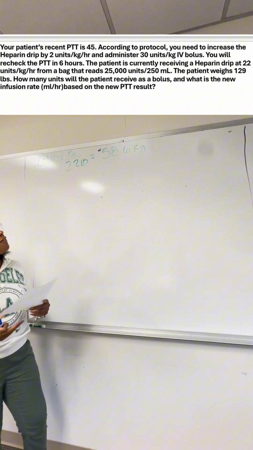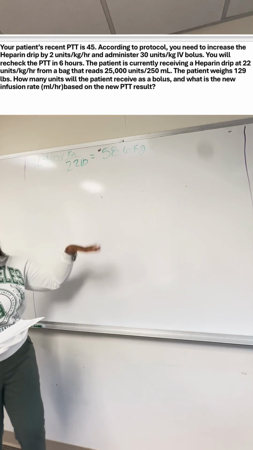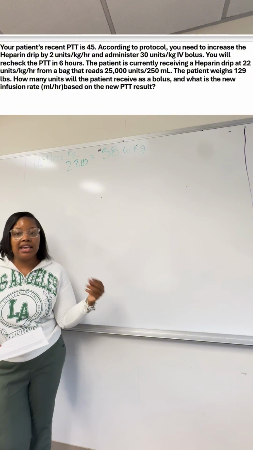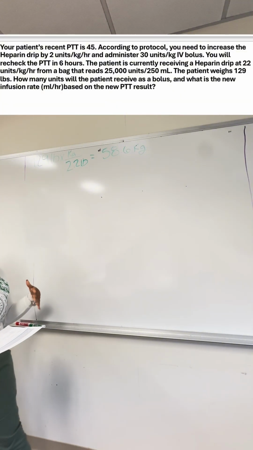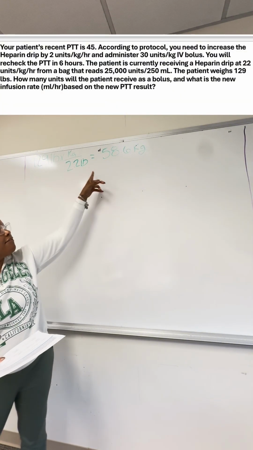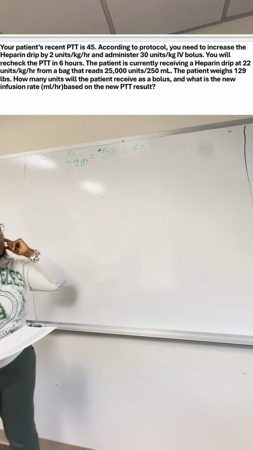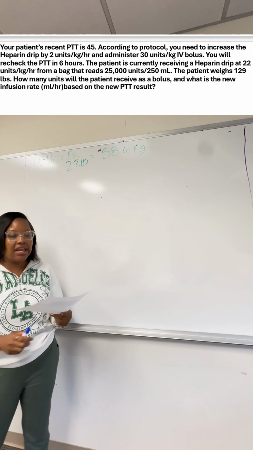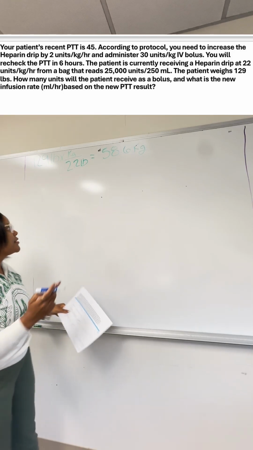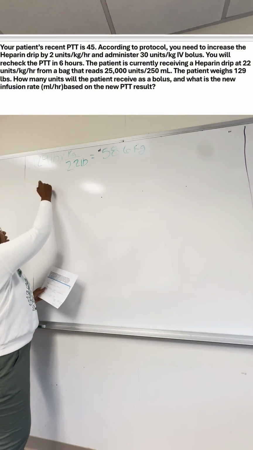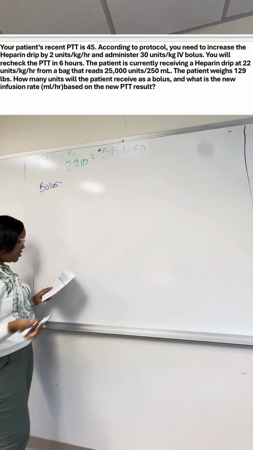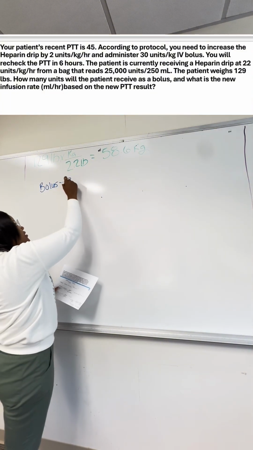So let's start off first, which I've already done, is converted our weight to kg. So remember, in order to do dosage calculations for heparin, you need to have your weight in kgs, okay? So our weight is 58.6 kg. Now, let's do our bolus. So go back to the question. The question said bolus them 30 units